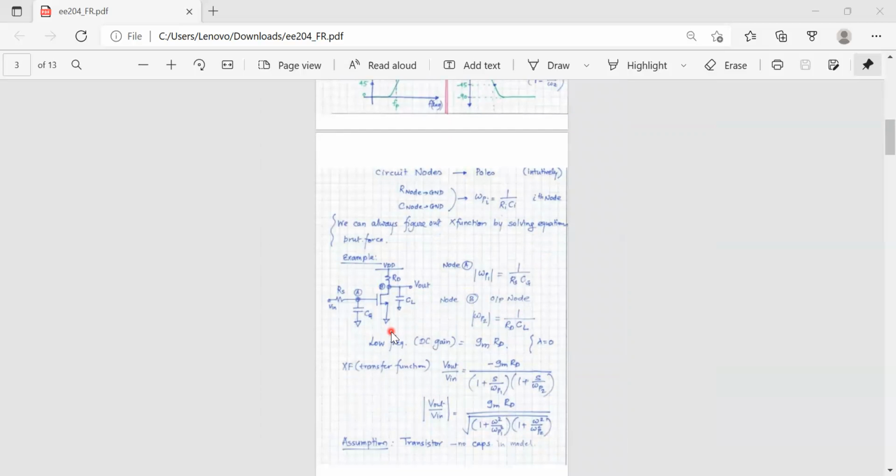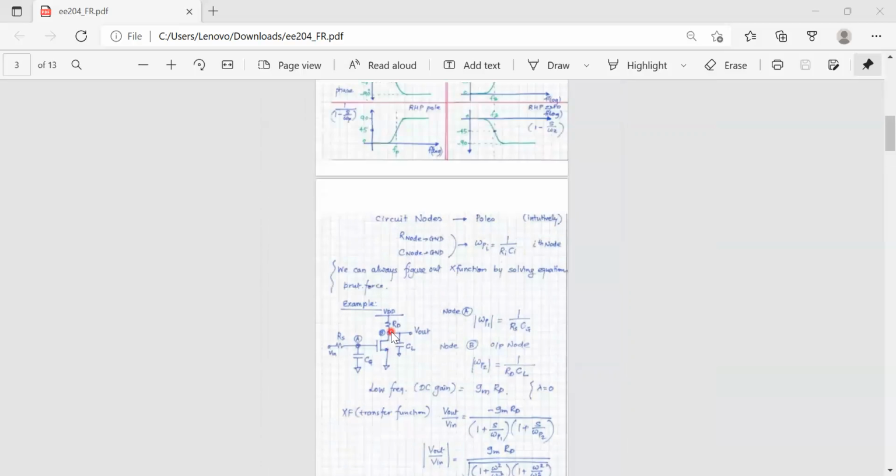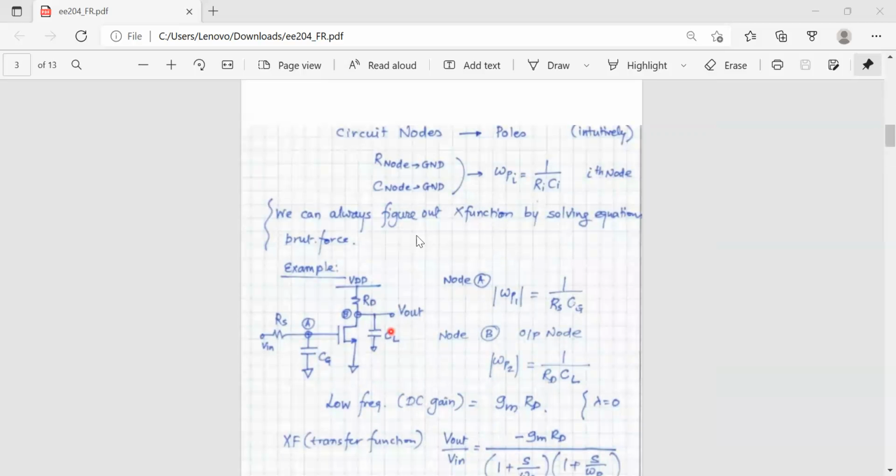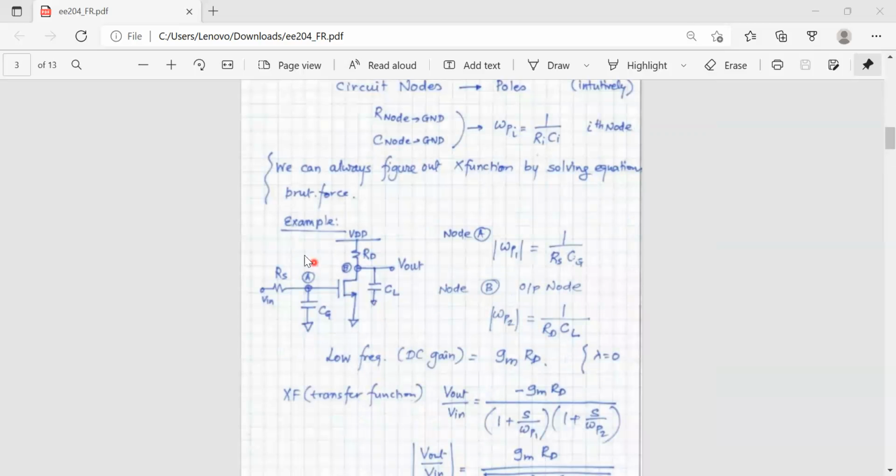How do we need this, and why do we need this? Well, let's discuss here. There are current nodes. There are poles for the different points, in or out. For example, if you take a circuit like this, there are capacitances here at the input and the output. So there are poles for output and input. How can we find the pole frequency? The pole frequency is 1 by RS and CS, where RS and CS are from that point to ground.